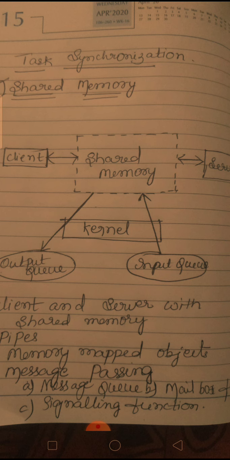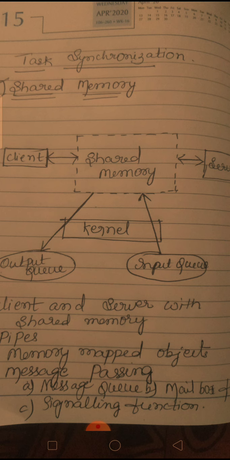For task communication, one of the principal techniques is shared memory. The advantages of shared memory are that it is good for sharing large amounts of data, and it is fast in accessing shared data, but it has certain disadvantages. Synchronization is required for accessing the shared data. One alternative method is a system call called mmap, which maps the file into the address space of the caller. These are certain limitations of shared memory.